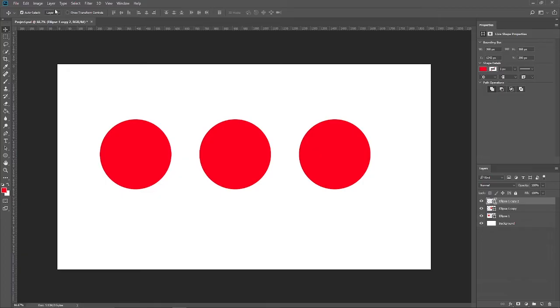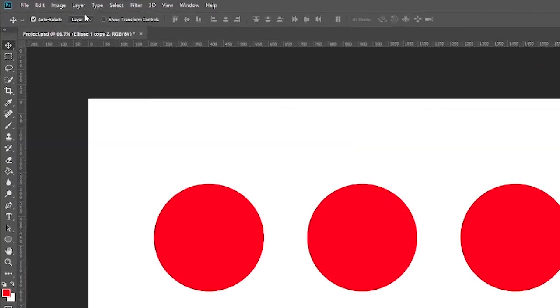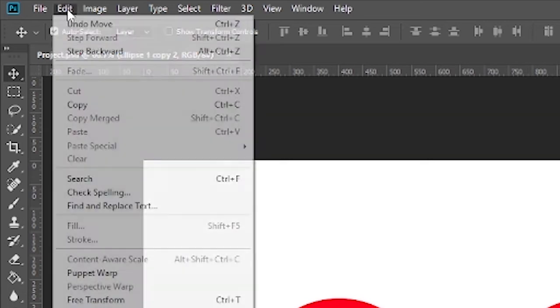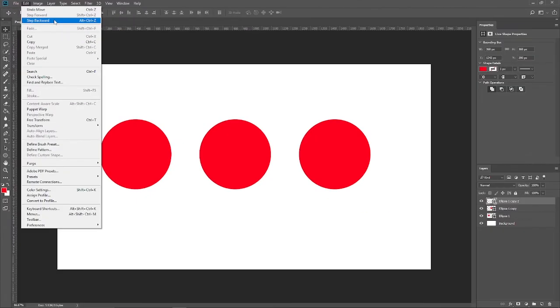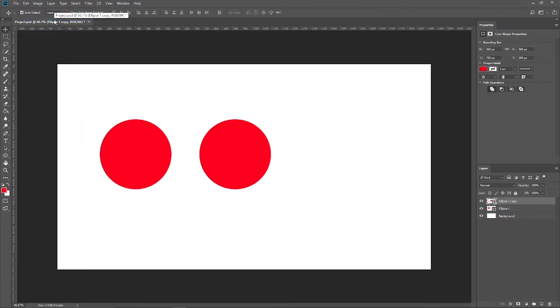So to undo multiple times in Photoshop, come to the Edit menu and select Step Backward, or use the shortcut Alt+Ctrl+Z. We will select it here, and now if we use the shortcut Alt+Ctrl+Z